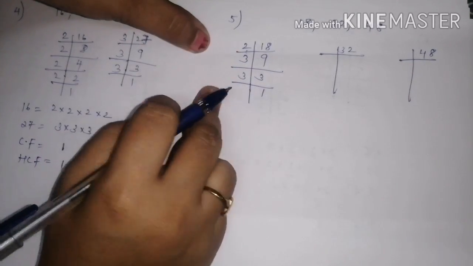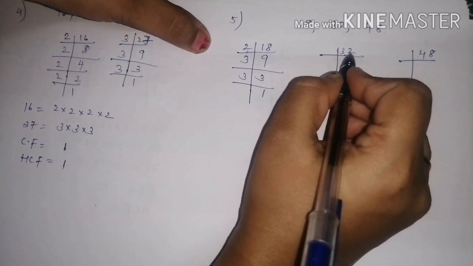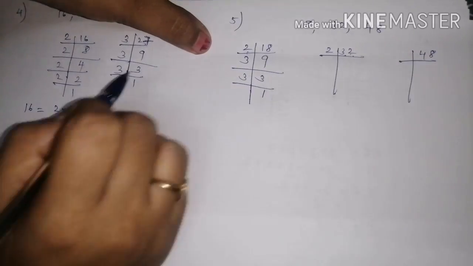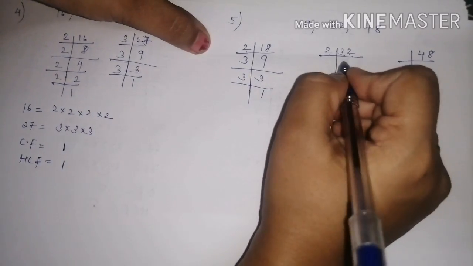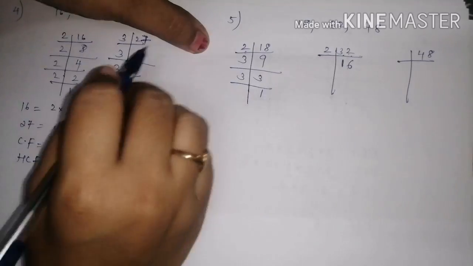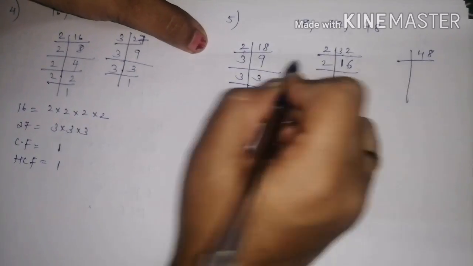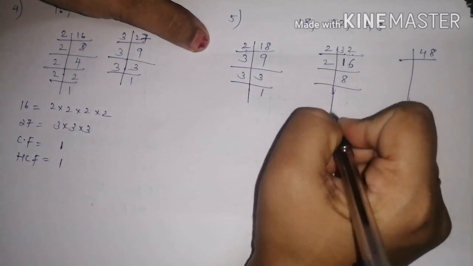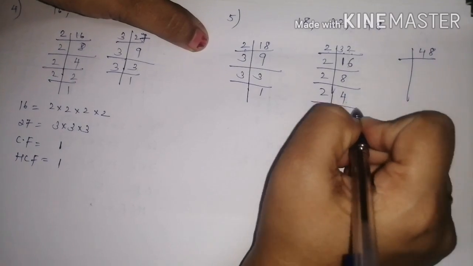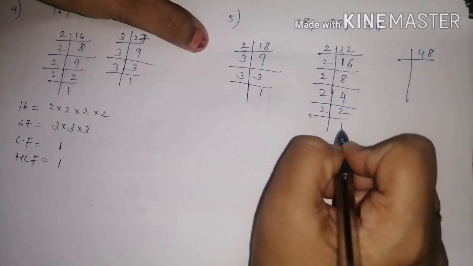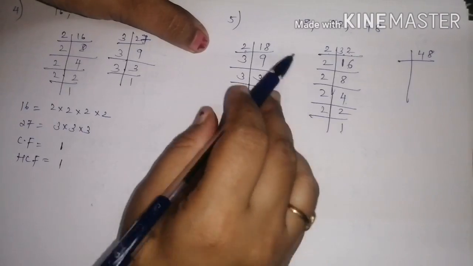All prime factors only. 32. In units place it is 2. It will go divide by 2. If you divide 32 by 2, you will get 16. 16 2s is 32. 16 comes in table of 2. 2 8s are 16. 2 4s are 8. 2 2s are 4. 2 1s are 2. Till here 1 came, stop.